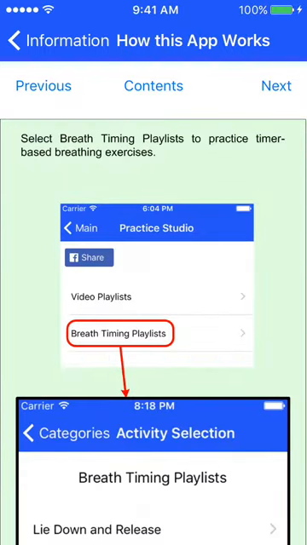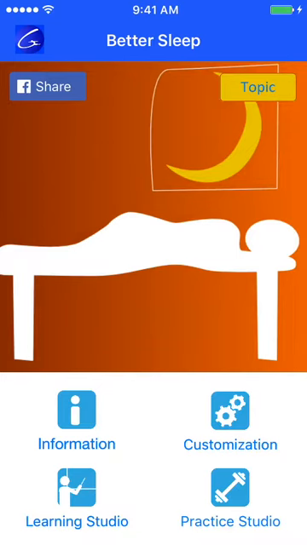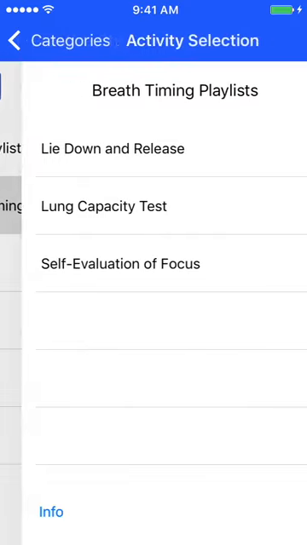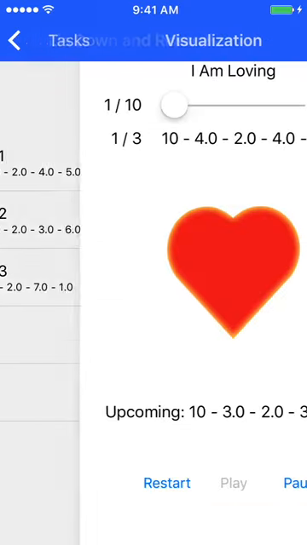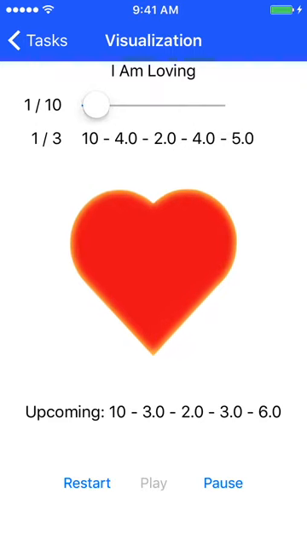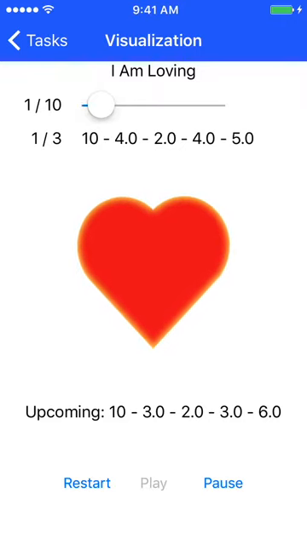Below the video playlist in the Practice Studio is the breath timing playlist, which comes with preloaded playlists. Choose one of the playlists, for example, Lie Down and Release. This one is set to play 10 breaths. Each one has a 4-second inhale, a pause of 2 seconds, a 4-second exhale, and a pause of 5 seconds